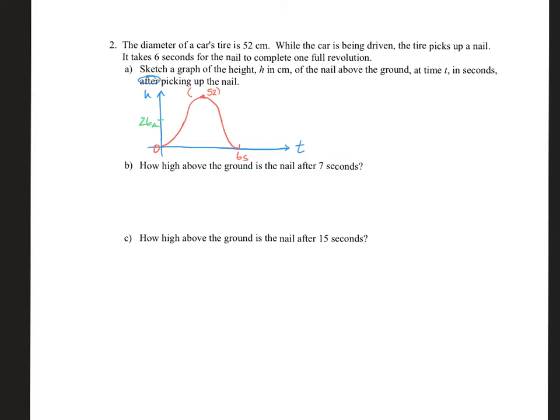So the first thing we can see is that it's going to be outside that first cycle. So if I was to continue my graph, and I can as my tire spins and so on, I would know that my 7 seconds would exist somewhere around here. So we can see then that my answer to that question should be a pretty small value. But we can actually get to a more